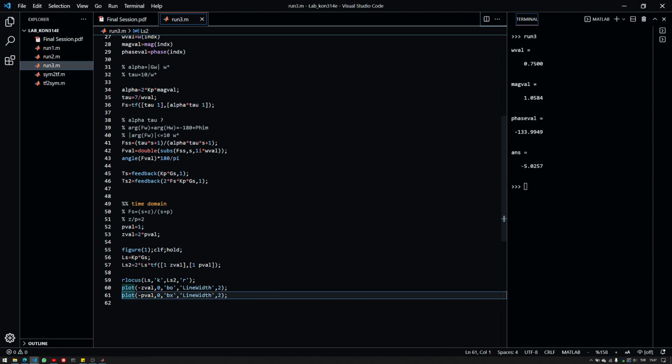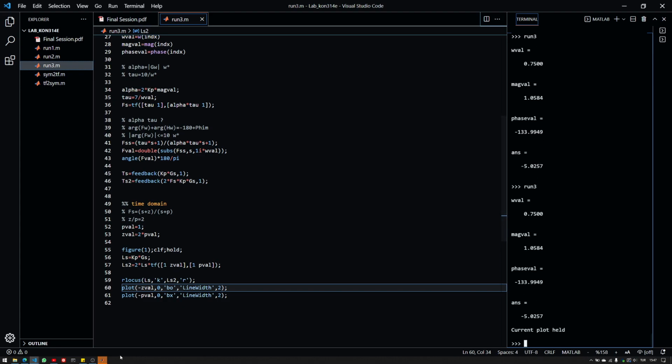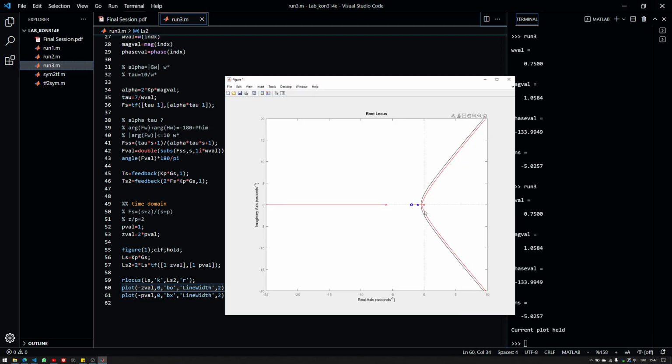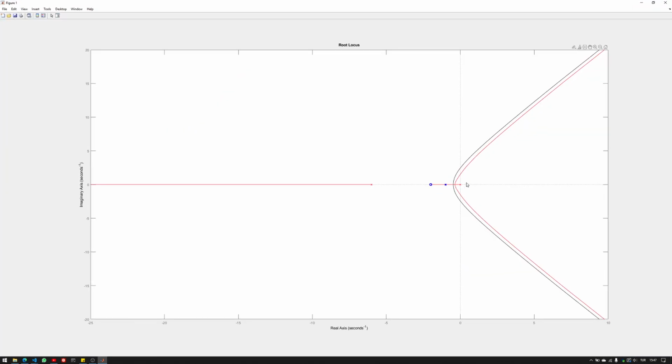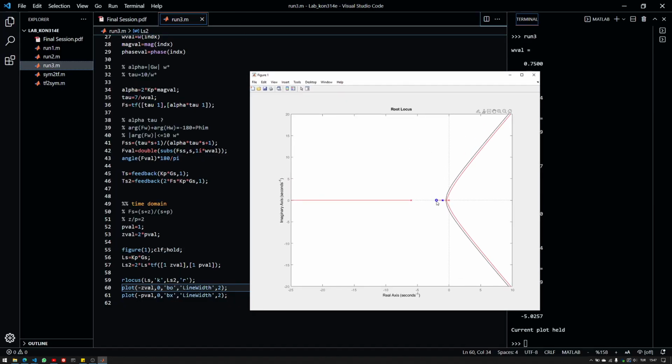Since I know what z val and p val are, I know that on the x-axis it should be negative z val and negative p val, and on the y-axis it should be 0. I can directly plot them here. So I can see that adding them does change it a little bit,